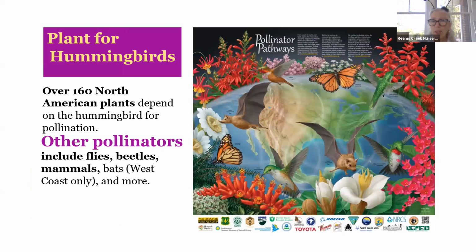Hummingbirds are another great pollinator, and they actually pollinate 160 North American plants. We think of tubular plants as plants that would be most attractive to hummingbirds, and if you think about the shape of their nectar sipping device, their long pointy bill is going to be how they're going to get to these plants. Although I have to say, in my own garden, they will also feed on zinnias, but many, many plants have evolved to accommodate